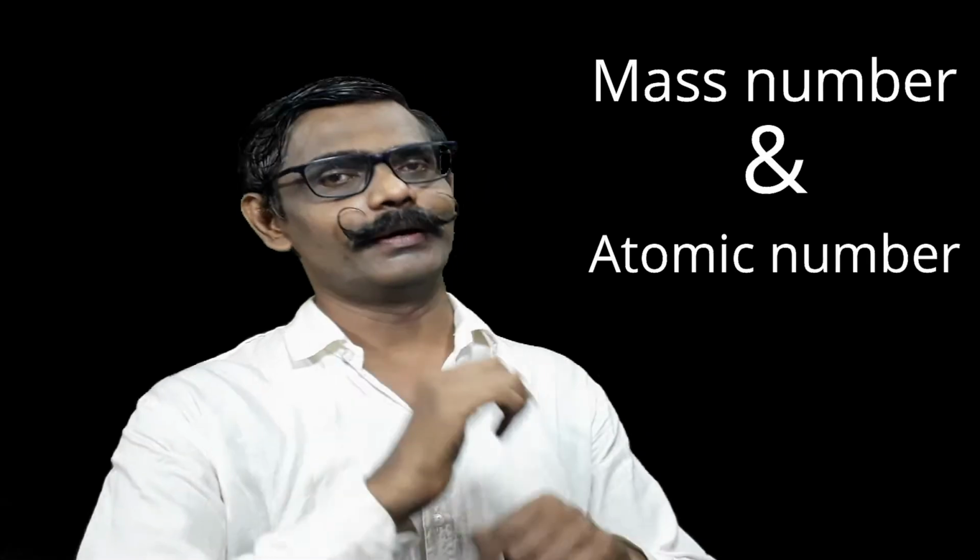Students, before studying the applications of Bohr's theory, let us know a few fundamental aspects. Let us know the representation of the element symbol, about which the concept may be clear to you. But we represent the element with two other numbers. Which are those? Right, mass number and atomic number. One by one, let us discuss.